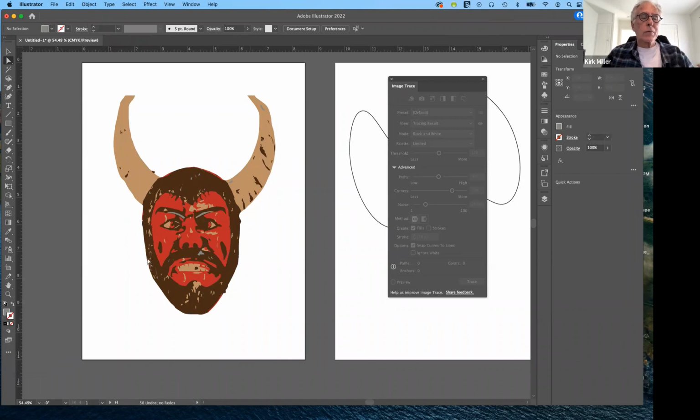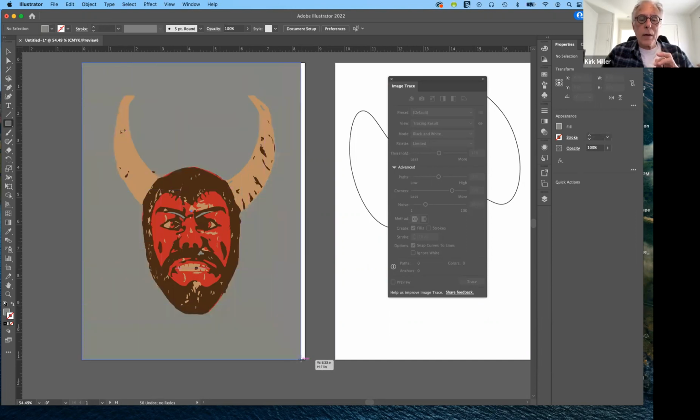put a gradient, or a pattern behind him, the only way that you can do that, it's not like Photoshop. You can't just click fill and it will fill on that layer. You have to actually create a shape. So I'm going to make the rectangle tool my background. And here is that background